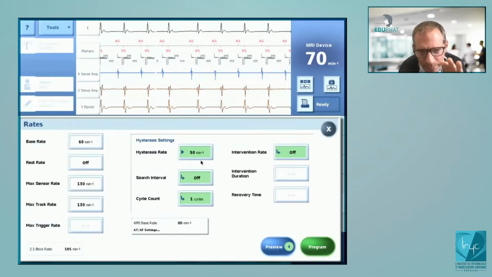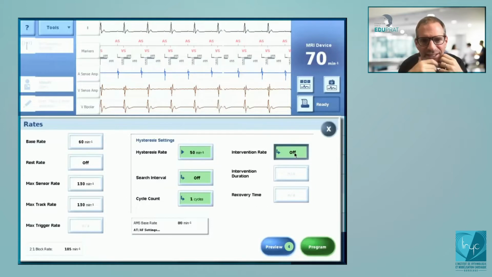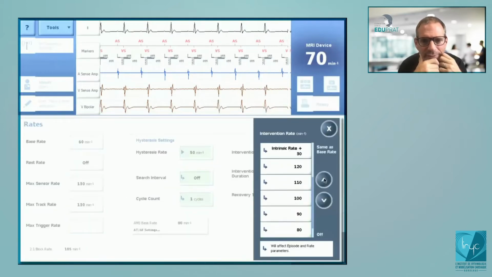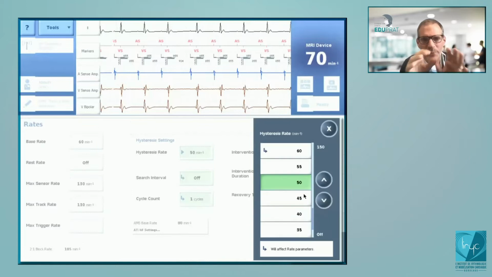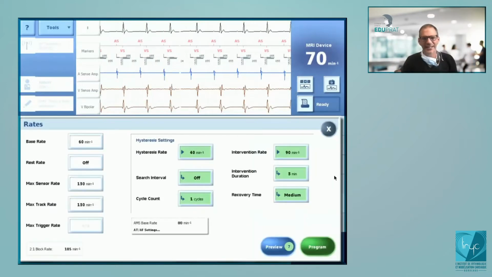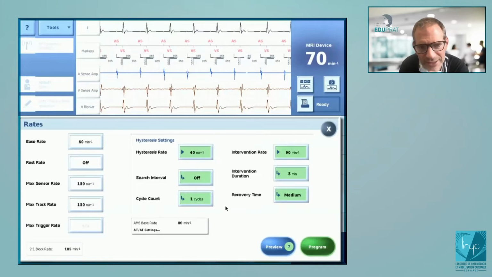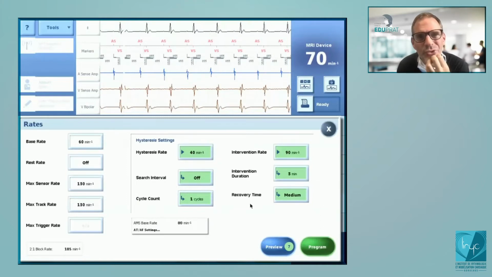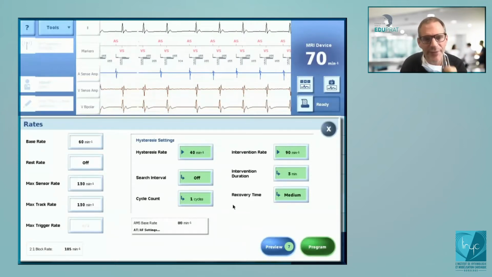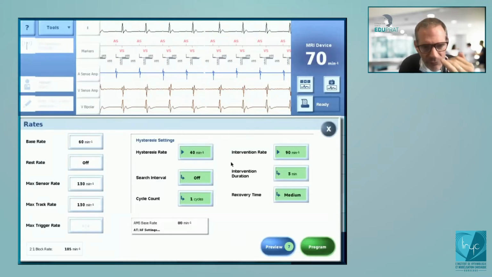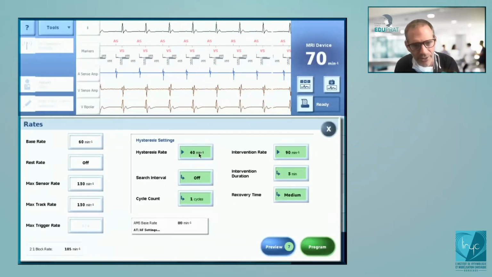But you see there is a part on the right side. If you click on an intervention rate, let's say 80 beats per minute, for example, or something like this. Yes, anyone, click on it. Okay, so that's completely different here. The idea here is this is the algorithm you want to program when you suspect vasovagal syncope with sudden drop. What it means is that if at one time you arrive to 40 beats per minute because of sudden drop in the heart rate, then the patient will be paced at 90